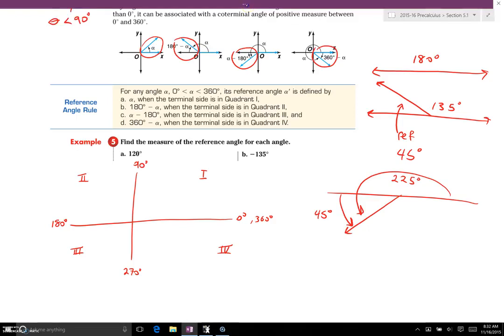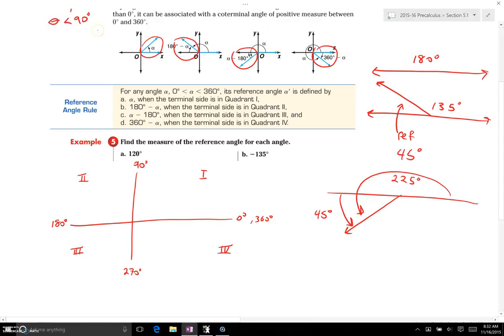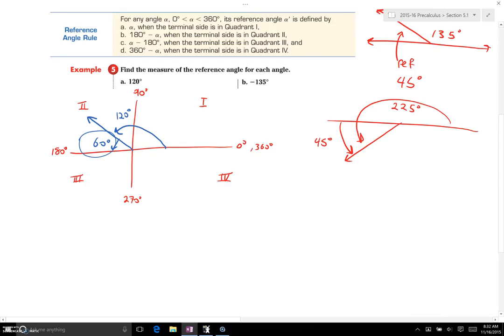So 120 degrees is bigger than 90 but less than 180, so it's going to be in this quadrant. And it's 60 degrees short of being 180 degrees, so it looks like our reference angle is 60 degrees. For 135 degrees,